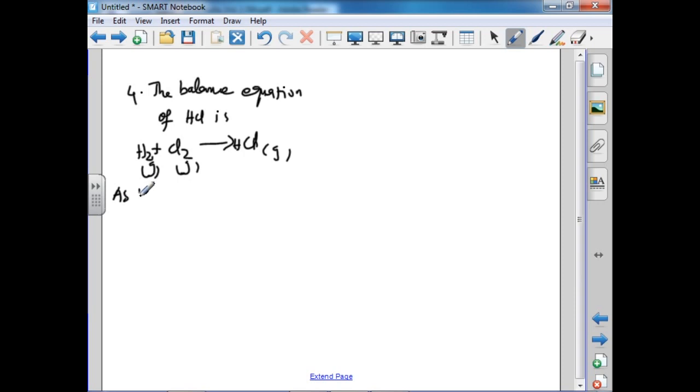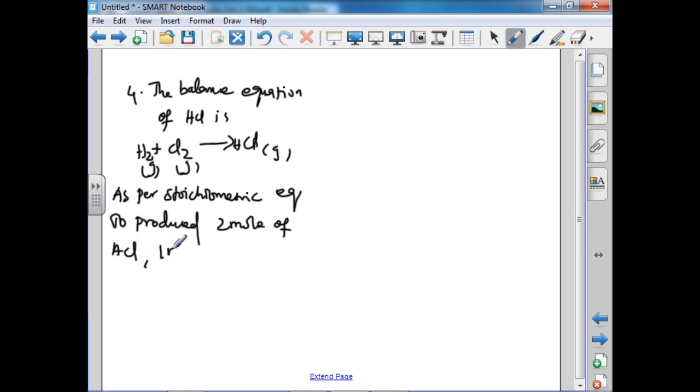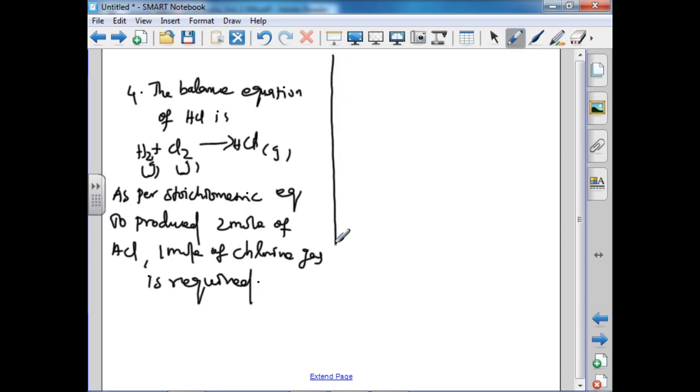As per stoichiometric equation, to produce 2 mole of HCl, 1 mole of chlorine gas is required. To produce 44.8 liter of HCl,